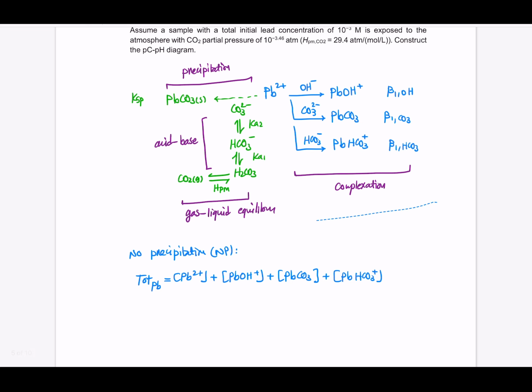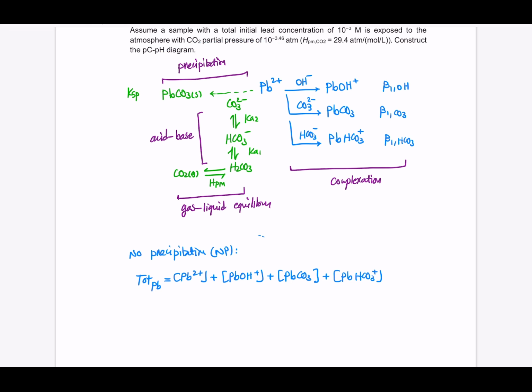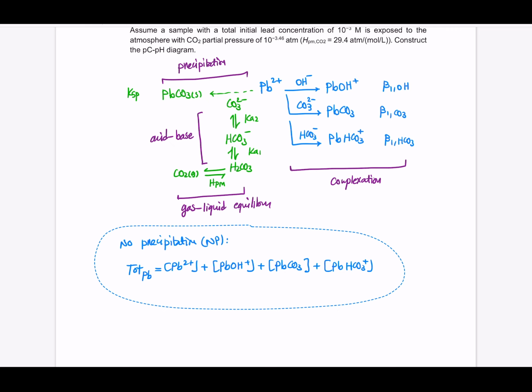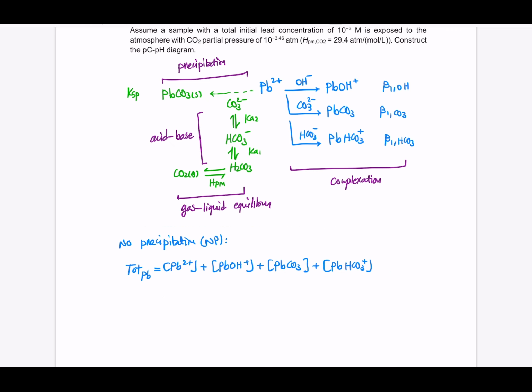And once we have this one, we can basically rearrange it and use the equilibrium constant, the beta value, to get to the Pb2+ no precipitation expression. This would be the total Pb